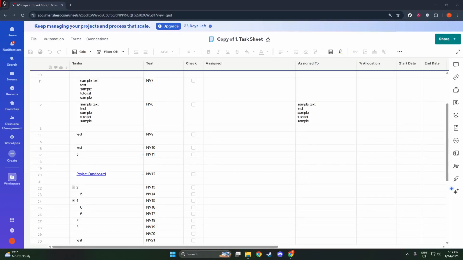In today's video, I'm going to teach you how to remove Smartsheet access. Whether you're managing a team project or simply organizing your personal tasks, knowing how to update access rights in Smartsheet is a crucial skill. Sometimes you'll find it necessary to remove someone's access due to a role change, project completion, or a shift in responsibilities. Whatever the reason, this process is straightforward and can be accomplished quickly, and I'm here to guide you through it